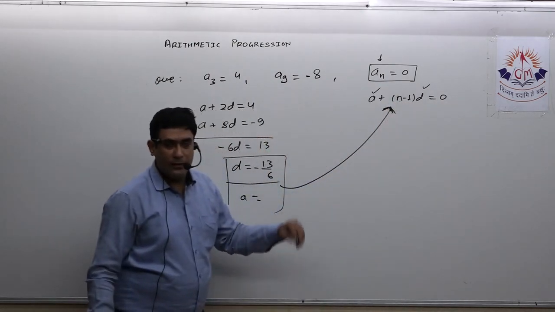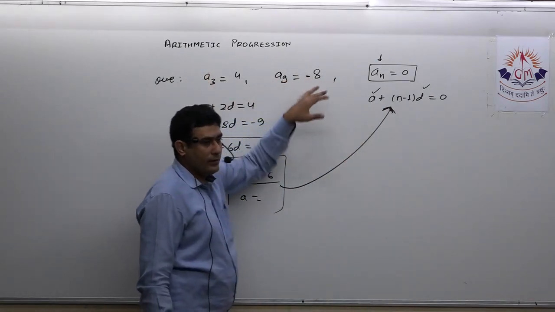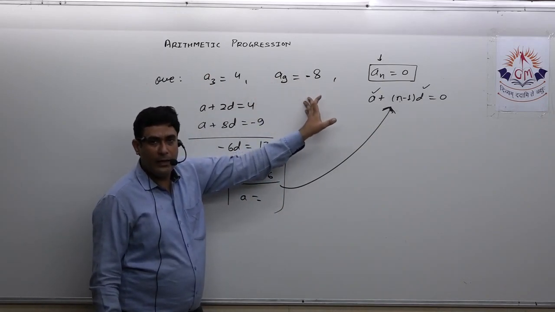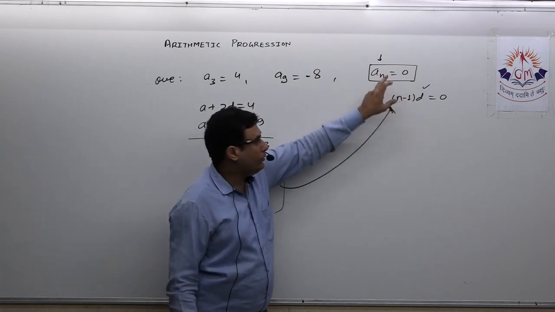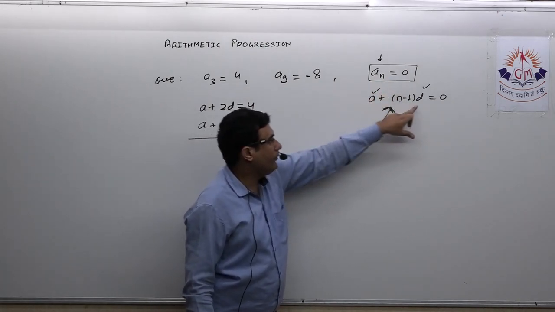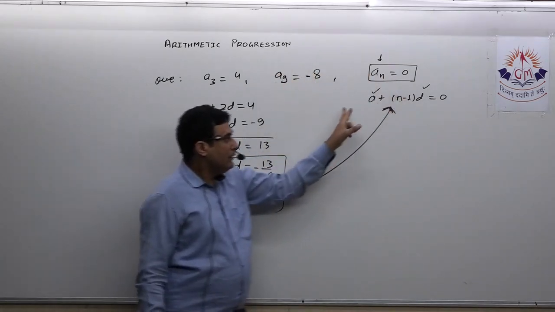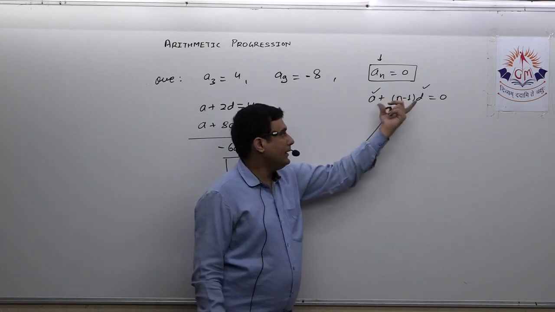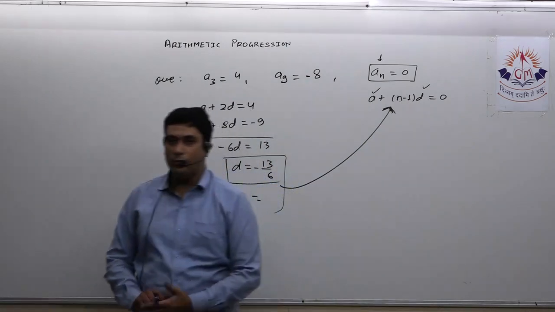Okay, so this is again a similar question in which these two pieces of information are given. Till now they were directly asking to find the AP. Over here they are asking which term of the AP will be 0, and to get which term of the AP will be 0, we must have the a and d. So with the help of this information, first you have to obtain a and the value of d, and then keeping those values in this formula, you will be able to obtain the value of the unknown, that is n.